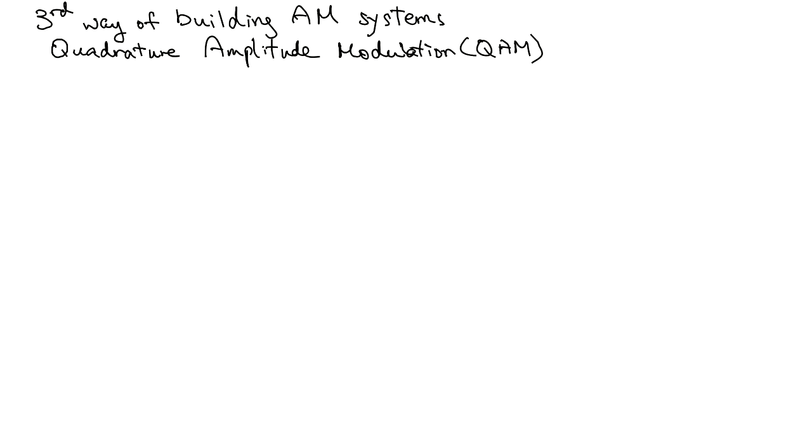Let's not bother explaining what this means at the moment. We'll come back to this after the midterm. Now this is what QAM is about. It is also about saving bandwidth,